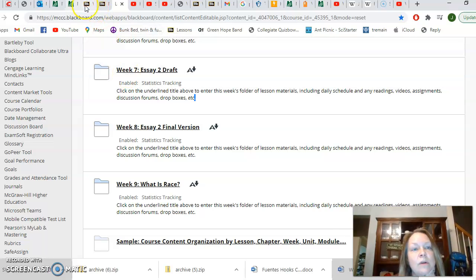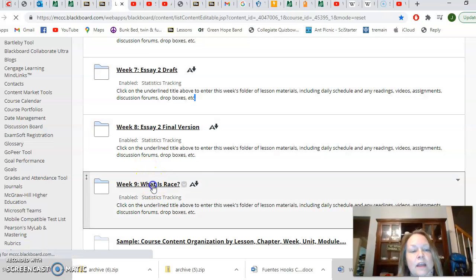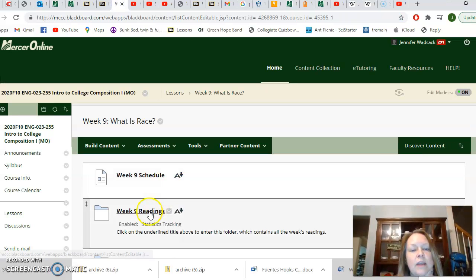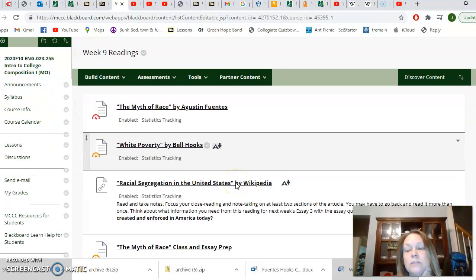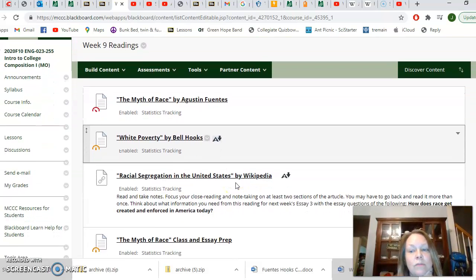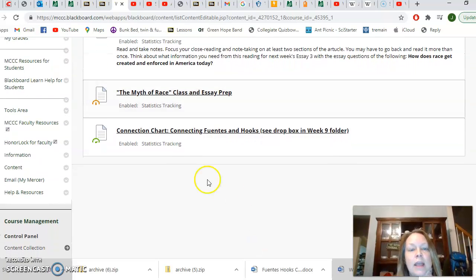All right, so things that we're going to be reading this week. I talked about the myth of race. We're going to go into week 9 right here. And we have readings The Myth of Race, White Poverty by Bell Hooks, which talks about how even certain white groups are also privileged or not, racial segregation. And we're going to do a